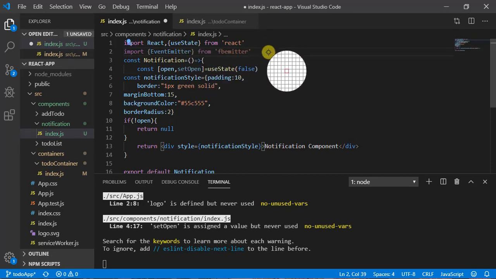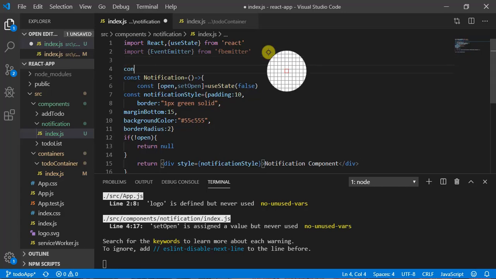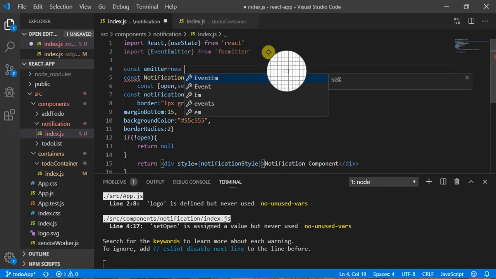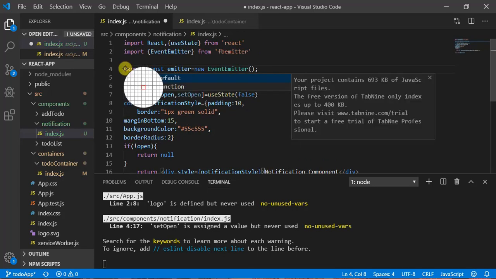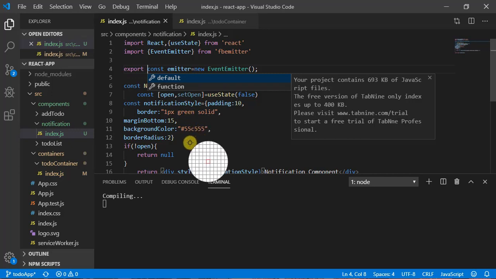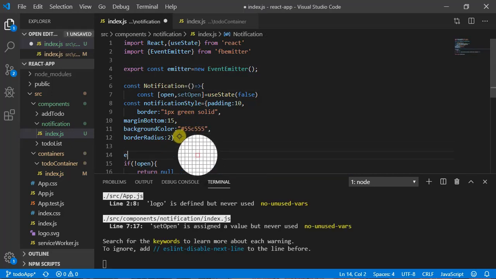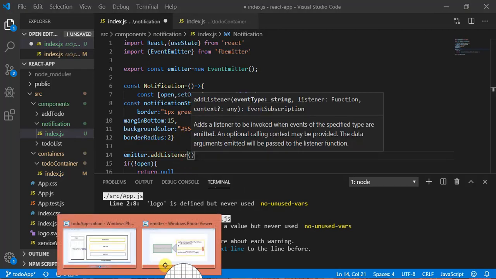From here we are going to create an instance first. Let's call it emitter, equal to new EventEmitter. We have to export this file because we will be using it in other files as well. Now we need to define a listener. So emitter.addListener, and it is going to take two parameters, as you have seen here.